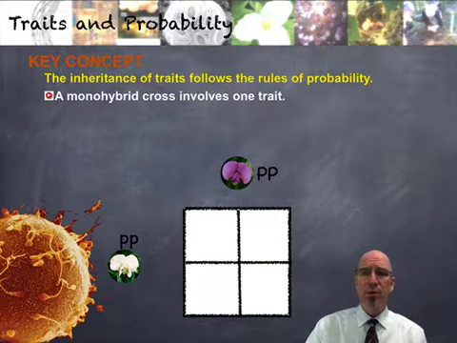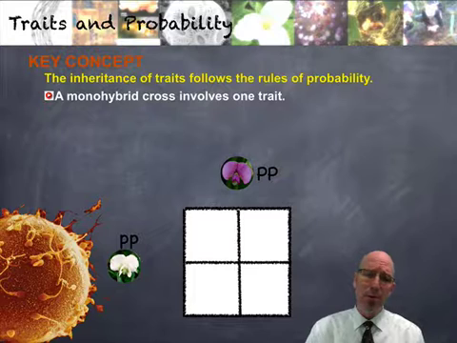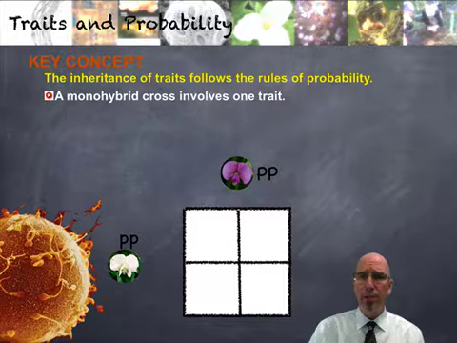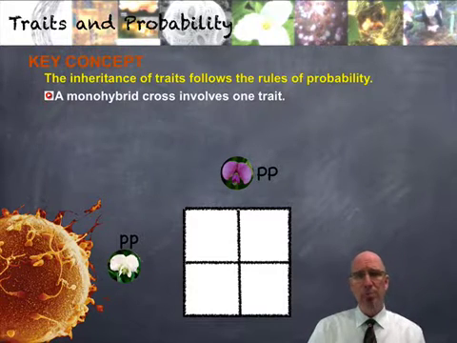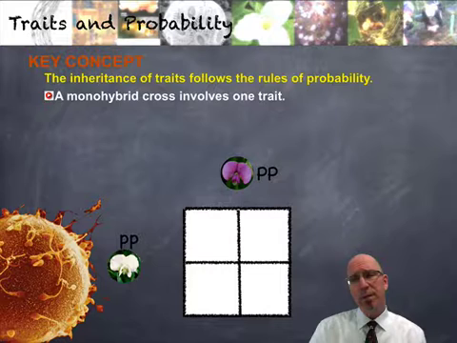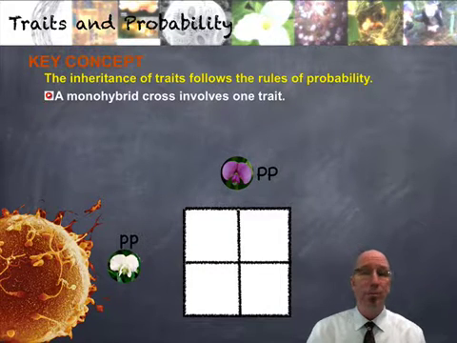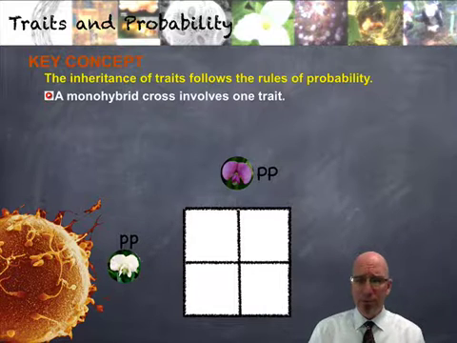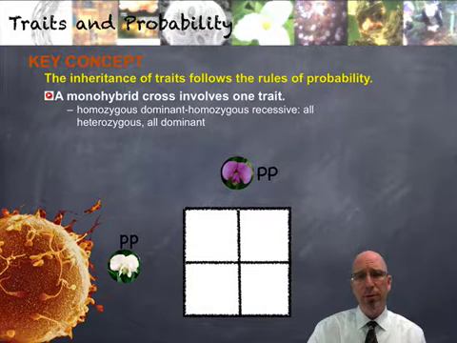All right, so we can take a look at a monohybrid cross. This is a cross actually that Mendel did. He had purebred plants. That's what he worked with. Purebred means that they, like the purple flower plants, had produced nothing but purple flowers for generations. There were no white flowers in their genes, and so he was pretty certain that their genes were nothing but purple. So we have purple flower plants, and he's going to cross-pollinate those with a white flower plant.